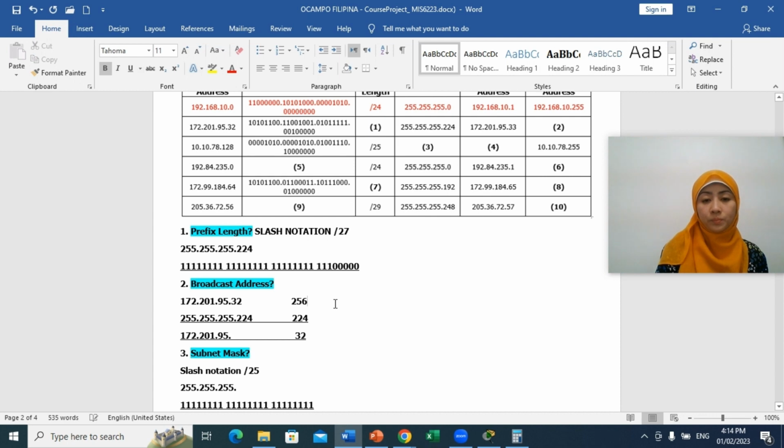So this 32, we will add it to itself. By the way, we need to get the value of the broadcast address higher than this one, not lower than 32. So this funny multiplier, we need to add it to itself. So 32 plus 32,